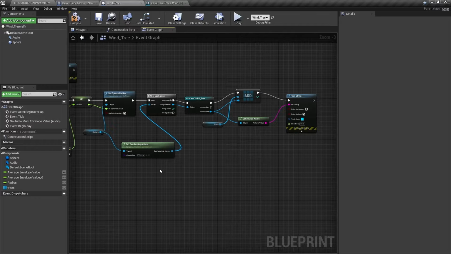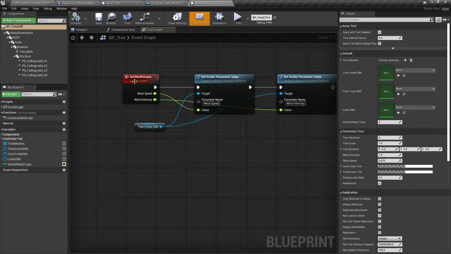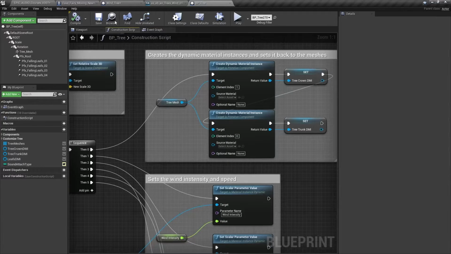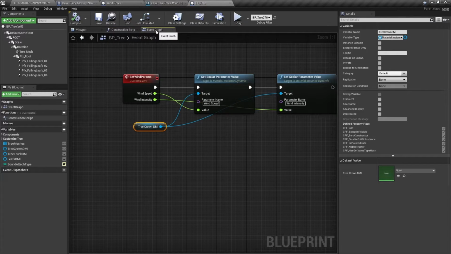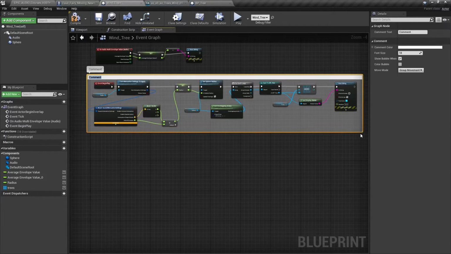What should we do with them? Well, let's go and have a look at this blueprint class here. And within it, you can see we've got this custom event, and that's got inputs called wind speed and wind intensity. Now this tree crown here is set up in the construction script, and for the wind speed we want values between 1 and 2, and for the wind intensity we'll want values between 1 and 3. So this is our setup or initialization,